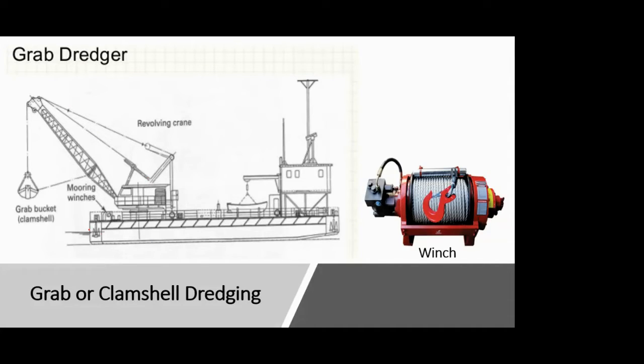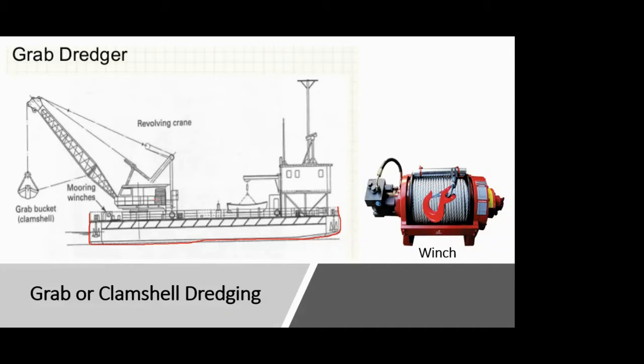So in the grab dredger, what you have is mainly that floating structure. It is a barge or a hopper, you can say. So what is a barge? It is nothing but a sort of a huge raft. You all know a raft. So it's like a huge raft kind of structure, but it is floating and it can be attached with motors so that you can navigate easily. So you have a large floating barge, and over that barge, it's an open platform. Unlike ships, barges don't have any kind of vertical walls or restrictions on the deck. So the deck is almost open on all sides.